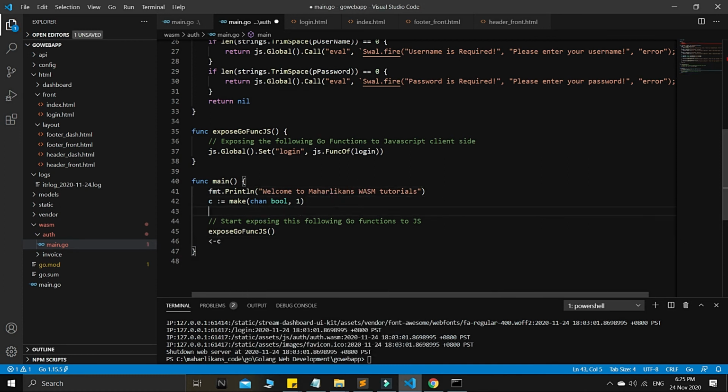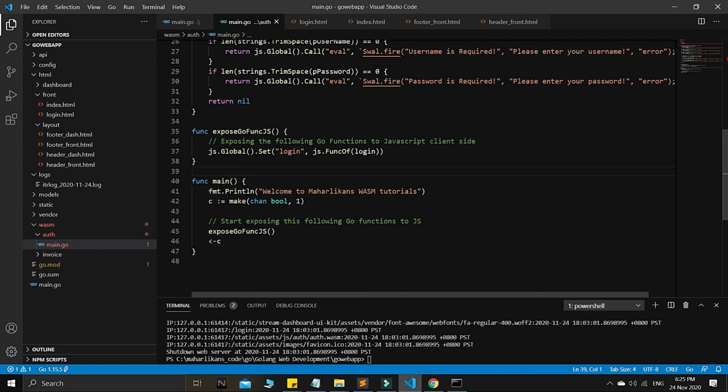Okay, we just want to keep continuously available these functions that we are having, guys, because otherwise we will have some error like "Go program exited" or "Go function exited." We don't want to see that in our console there, from the HTML console. So we just want to keep all these login functions alive, because if the user tries to click it the first time and then the second time or something like that,